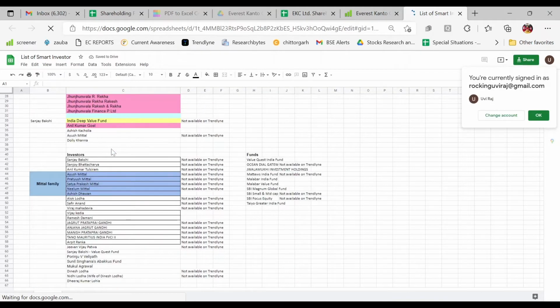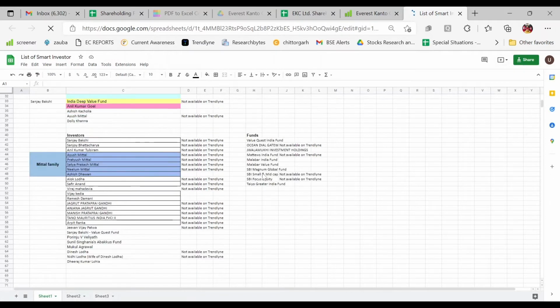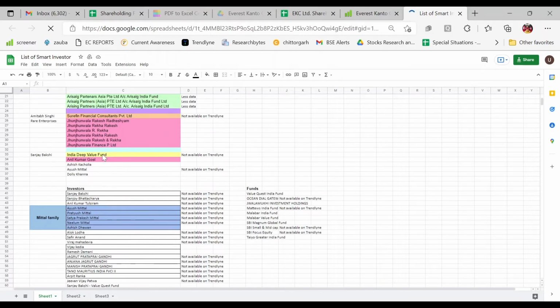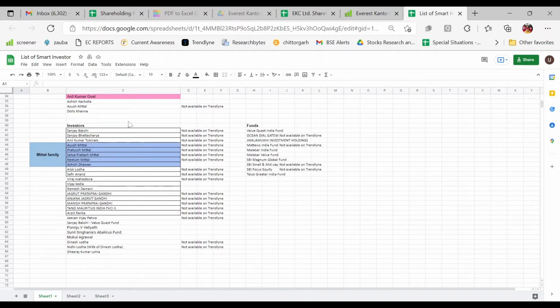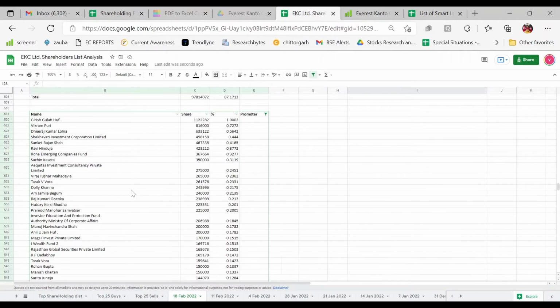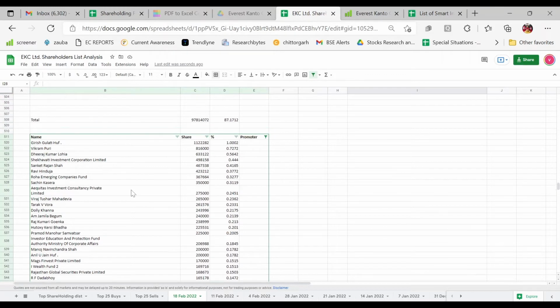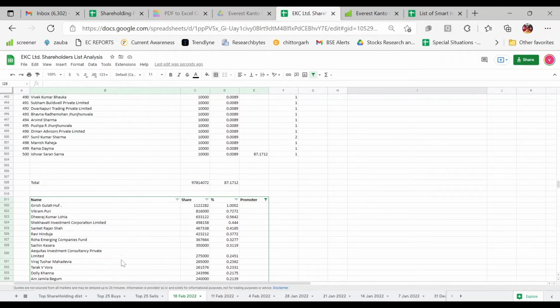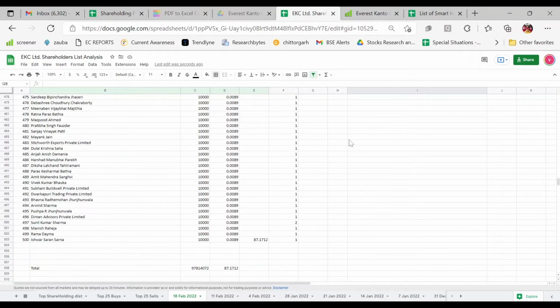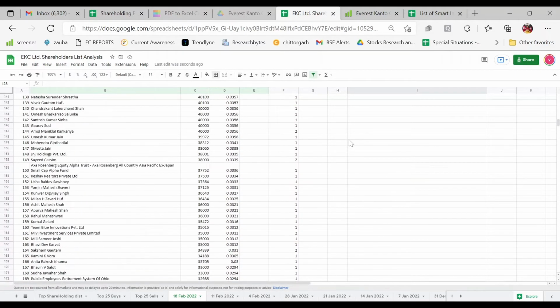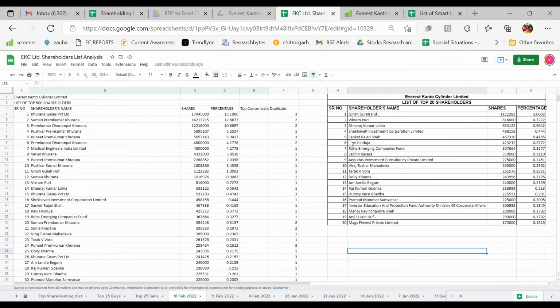We have already put the filter on there. You just have to go into the list and search for each name individually. These are the ideal investors we track. What we do is go to the name filter, search for it in there, and put the list below here.